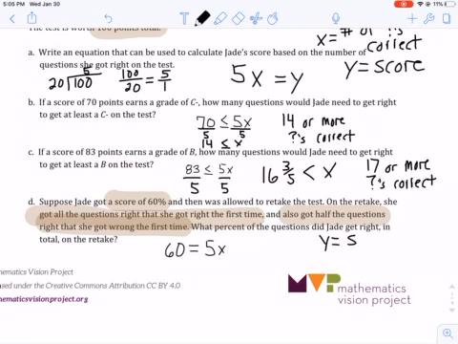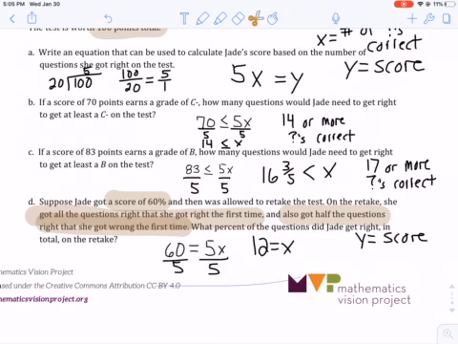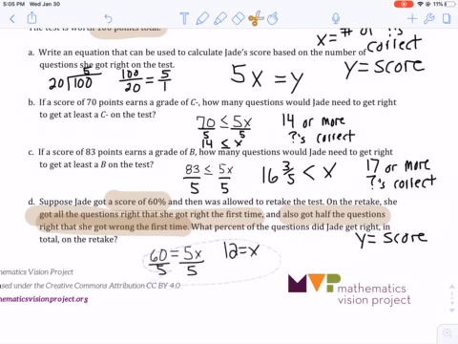So y equals the score. We don't know what that is in this case. But I do know this. I could even solve for x here. I think it's a good idea. I'm going to do that. In that case, I get 12 equals x. This is going to help me out a bit now, because now I know that,